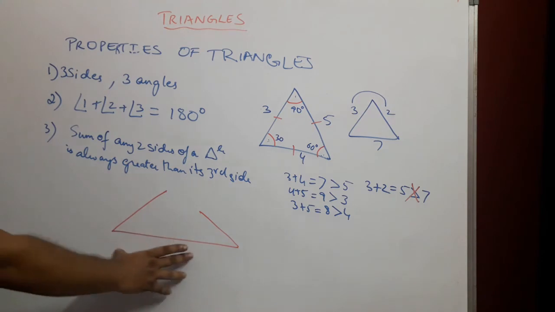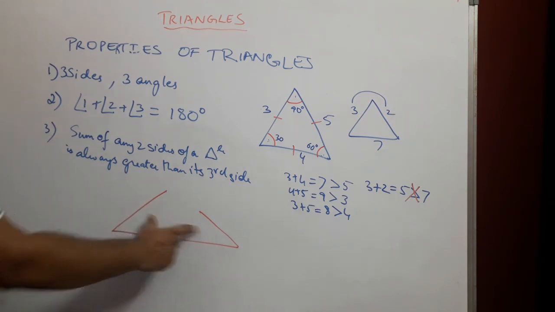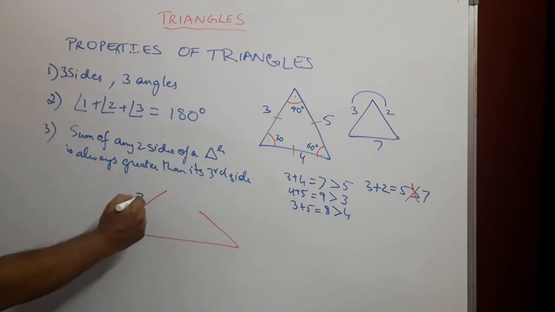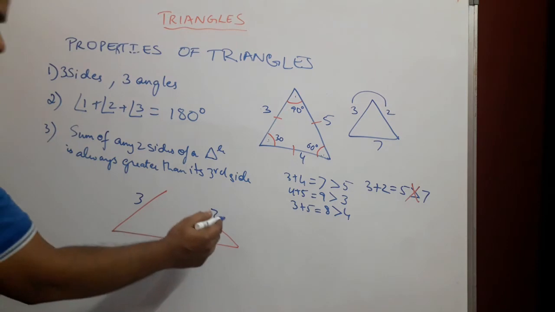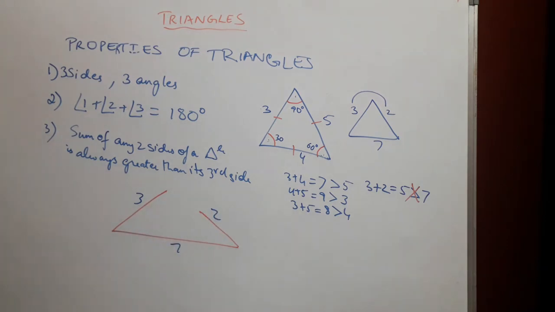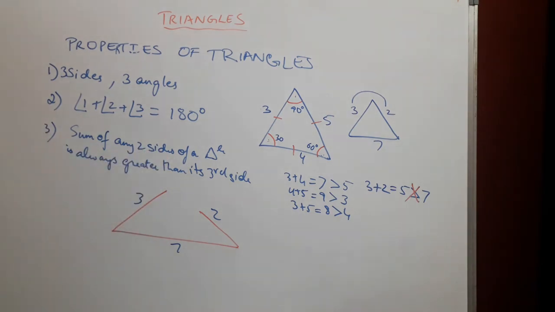So if you have a look over here, we have taken 3 centimeters, we have taken 2 centimeters, so we have marked it over here, 3, 2 and 7. Okay, if we take 3 and 2, they do not meet with each other. I have done it freehand over here. You can do it at home in different ways and try to prove this statement wrong, but I am sure you will not get this statement wrong. Okay, this will always be right.